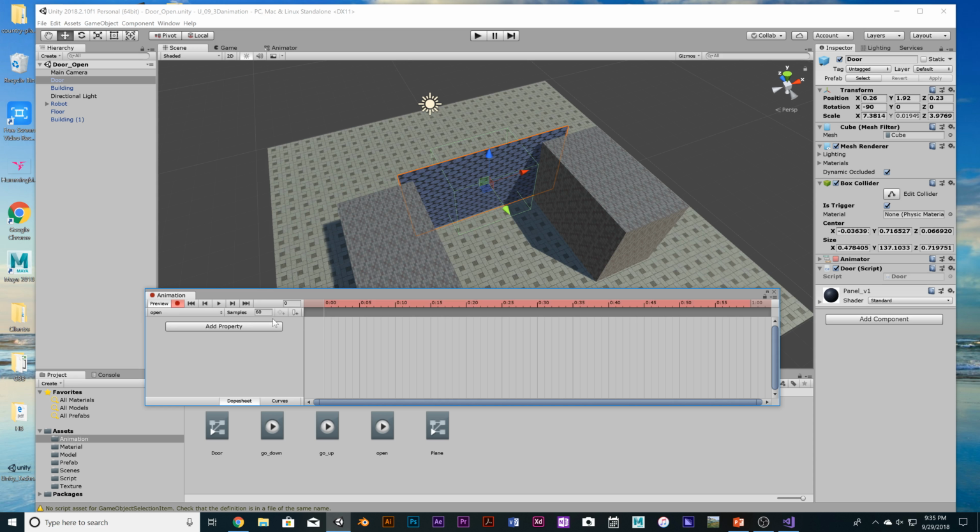Okay, let's hit record. What's record? Record means that whatever I put here at the keyframe, it will record it and start playing. It's really easy to use. Let me show you. Let's change this to 30. For opening, we want to go from